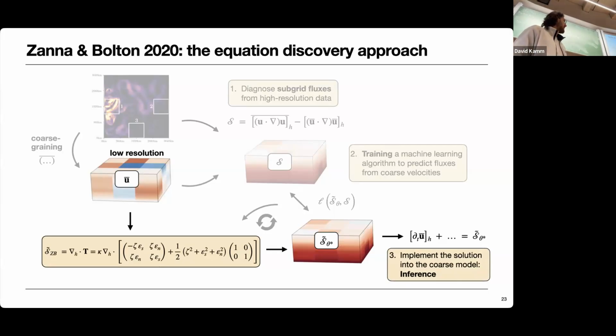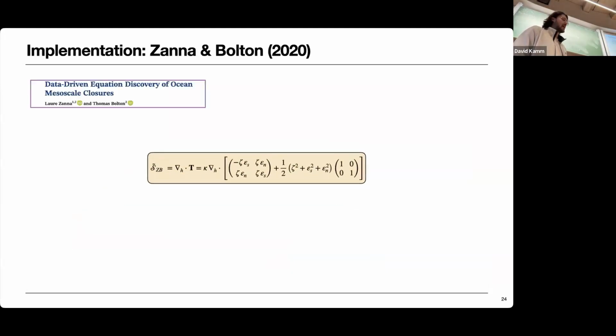And there, this method has quite an advantage because it's just an equation. So you can just take it, discretize it on your grid, and make your simulations. Made my life fairly easy. Like you just need to make some choices about discretization, maybe numerical stability, but that's all you need to do. And then also during inference, it's fairly cheap since it's just one equation. One additional equation corresponds to about 100 operations per grid point, which is comparable to other parameterizations in our ocean model as well. So this is one advantage definitely of this method in terms of implementation and inference runtime,